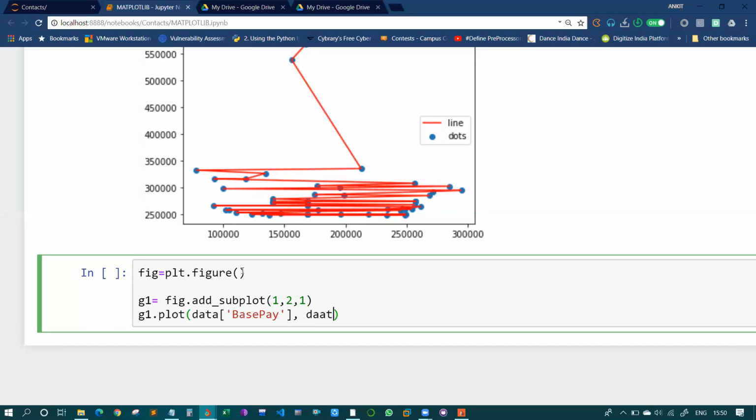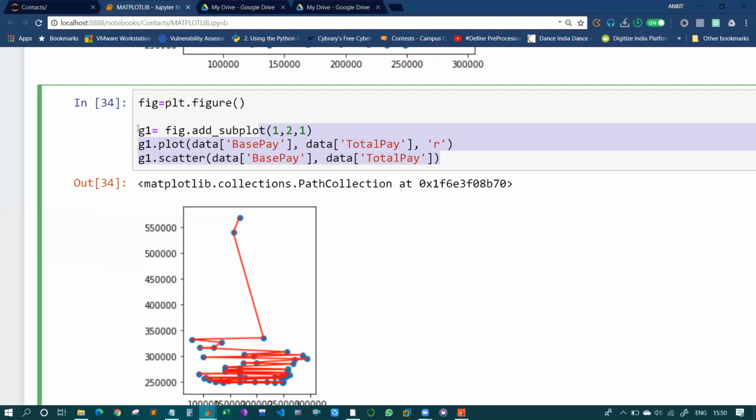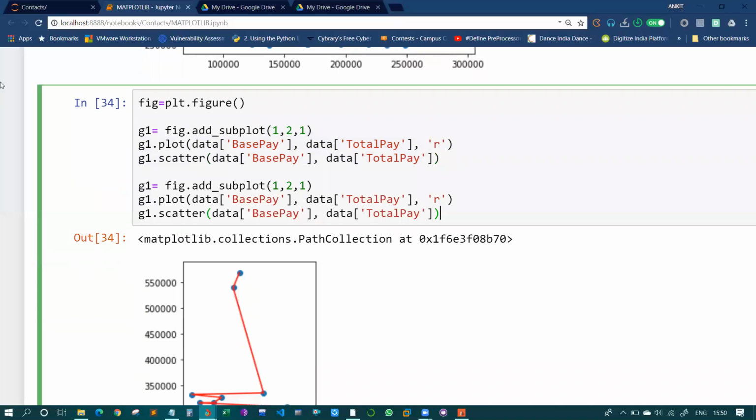Base pay and data, it was, let's say, total pay. Let me just change both of them.